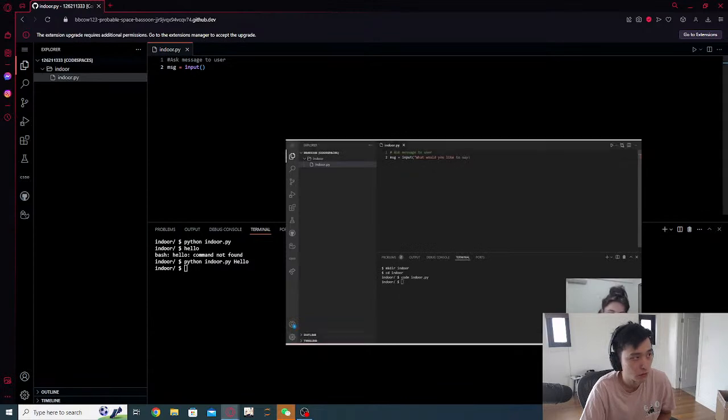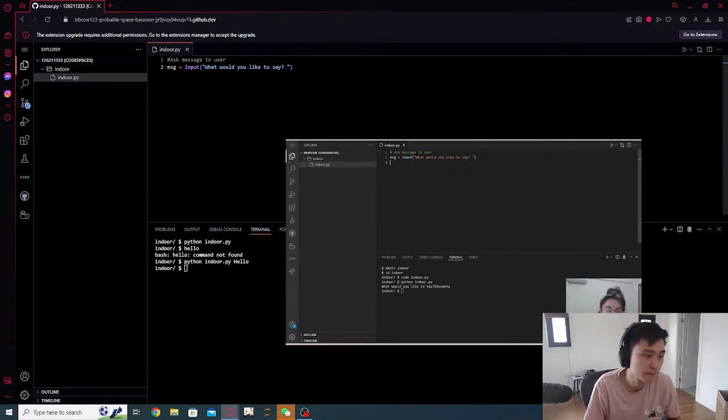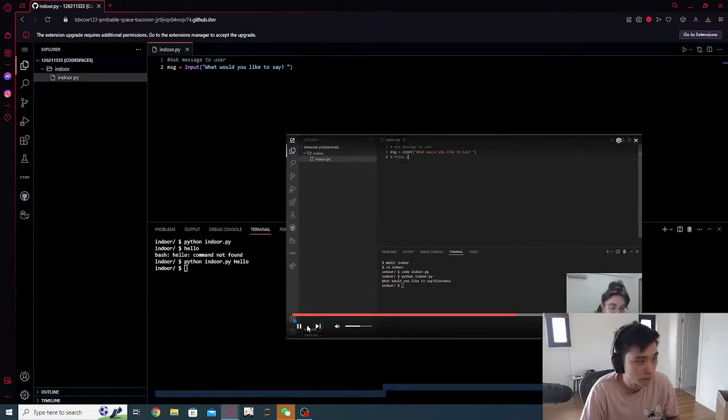So if we test in here, like python indoor.py, we're going to see here in the terminal we have what would you like to say. If I say Giovanna, nothing happens because we're not printing anything. So right now it's appearing this message for us, okay? And I'm going to put an empty space here so it's not so next to each other, okay? So this is the first part. We're already getting the message from the user. So now we have to print in